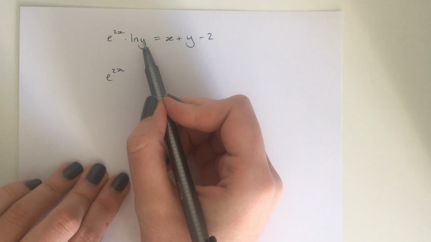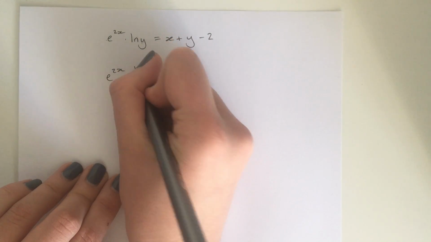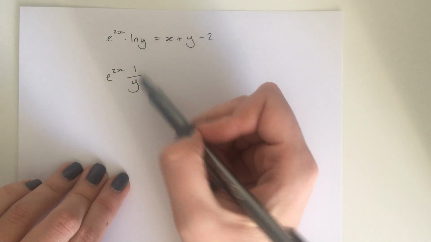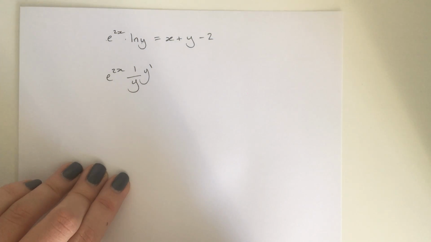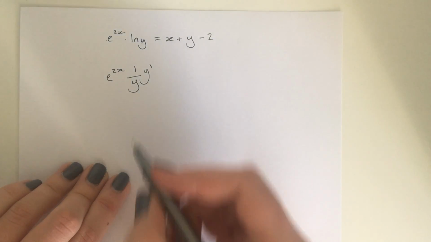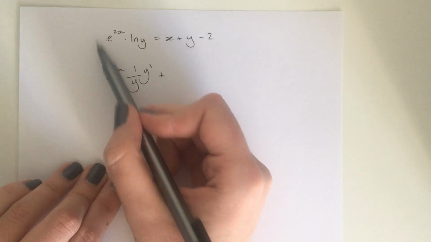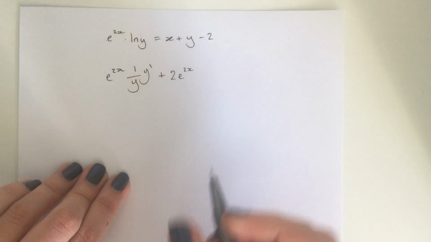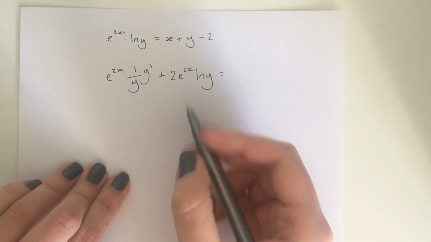Then I'm going to differentiate ln of y. So the derivative of my ln function is 1 over this thing. So this is 1 over y. But I'm going to have to multiply by this, because y is a function of x, times y dash. And then moving on, plus, so I'm finishing off my product rule now. I need to differentiate this e to the 2x thing. So that's 2e to the 2x, and then I can leave my ln y as it is